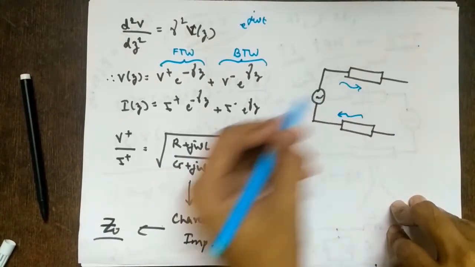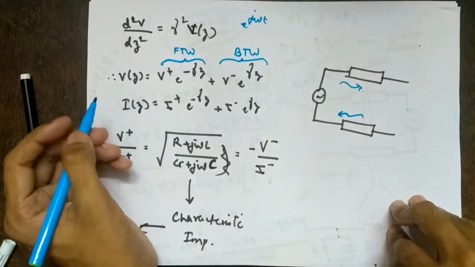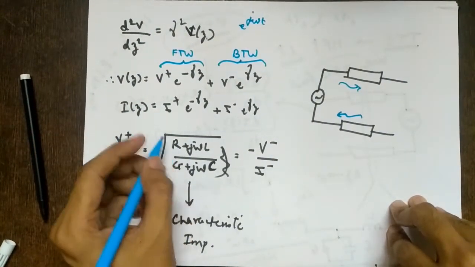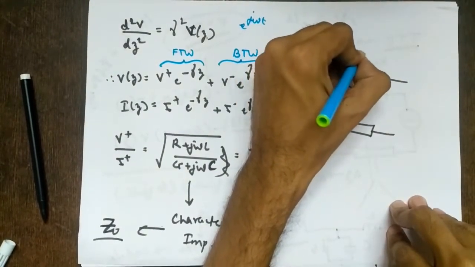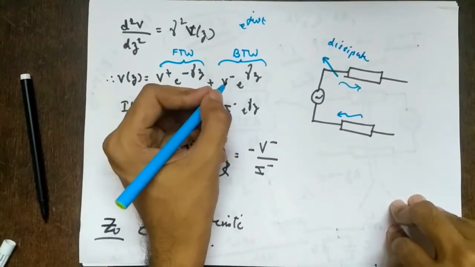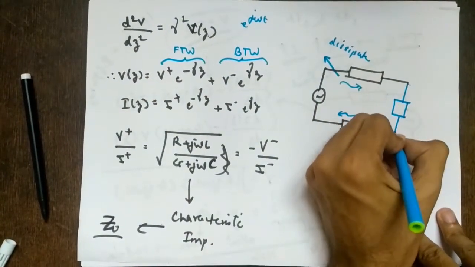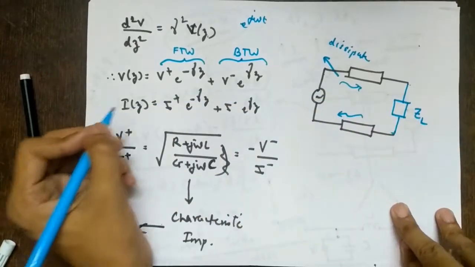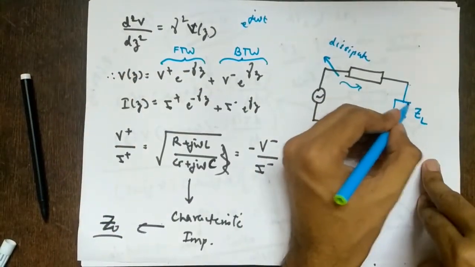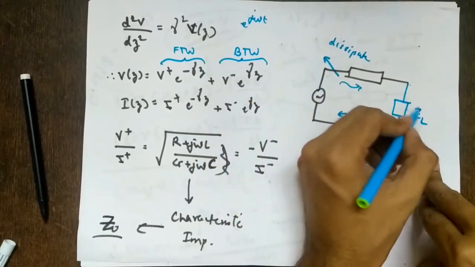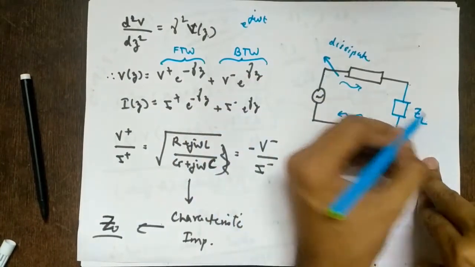When it is a forward traveling wave, V plus and I plus are associated with the forward traveling wave, and the impedance is positive. It means power is dissipated here. Impedance always dissipates power, meaning power is consumed somewhere. That is where the load comes into the picture. So this is my ZL, the load impedance. You can imagine any transistor connected, for example, to amplify the signal, or your fan connected, anything. So this is my load.